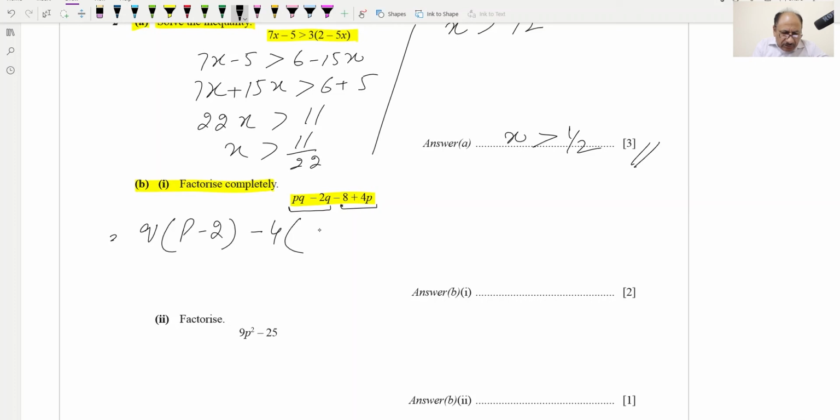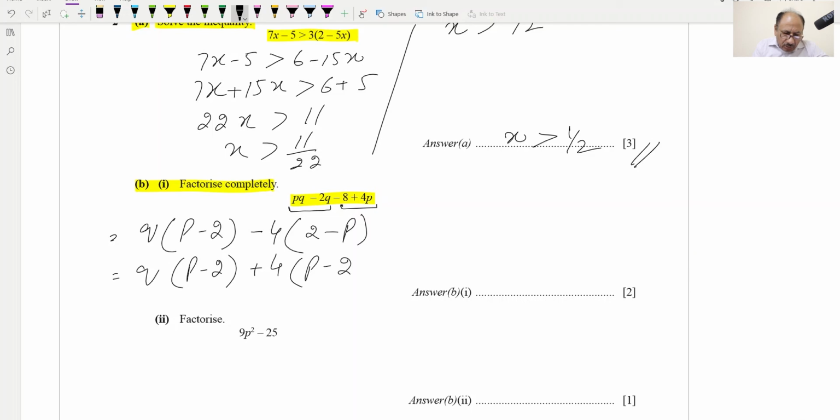So inside will be 2 minus p, but we require p minus 2. So what we will do, we will change the sign of this one,